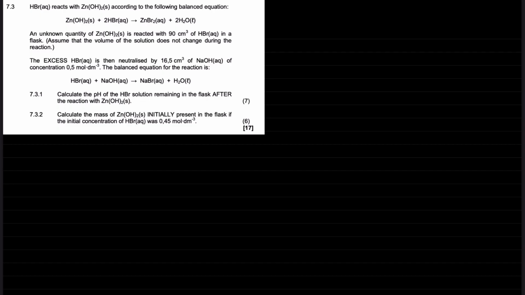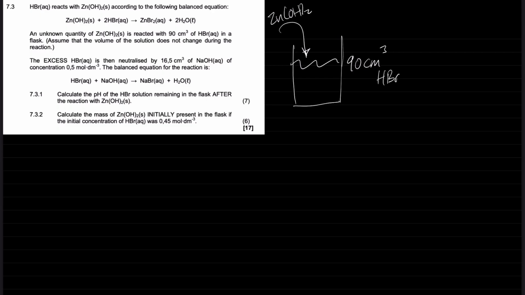zinc hydroxide. So let's take a look at what's going on here. We have a flask, right? And that's approximately 90 centimeters cubed of HBr. And into this, we are adding some amount of zinc hydroxide. Now, there's going to be some left over, right? They tell us that there's excess HBr. So this is the leftover,